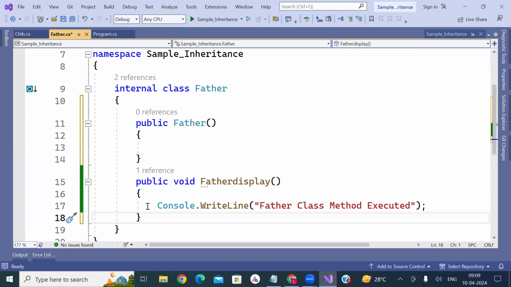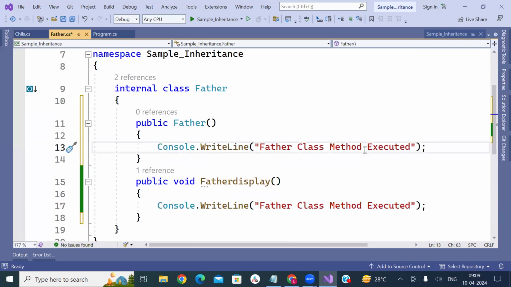Okay, I'm having a father constructor. Father class constructor.